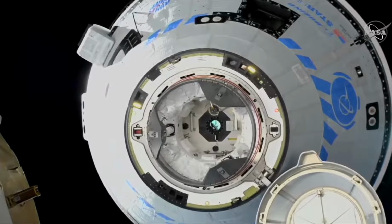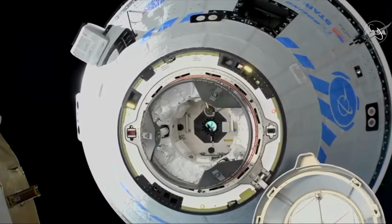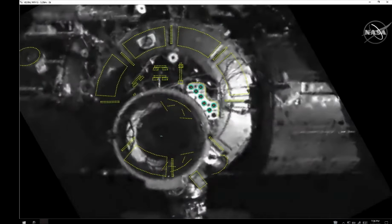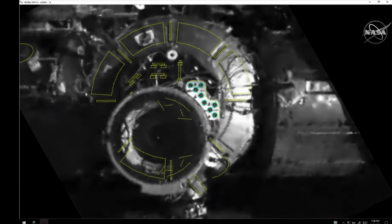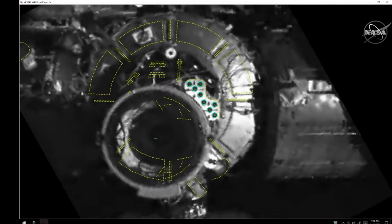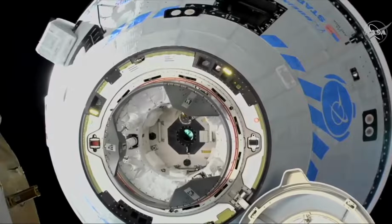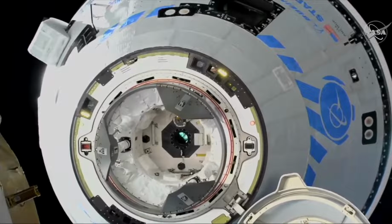Starliner continuing to close in on the International Space Station at a distance of 5.3 meters, closing in at 0.05 meters per second. Alternating views between the International Space Station and the Starliner sensors themselves as they close in on the forward port of the Harmony module. Starliner looking to connect to the international docking adapter there at the forward end of Harmony. Docking ring extended. You can see some of the separation coming in with that inner ring. Those 3 pedals will